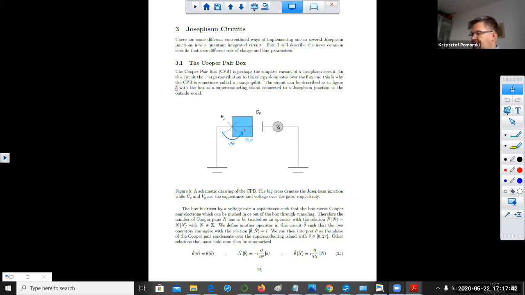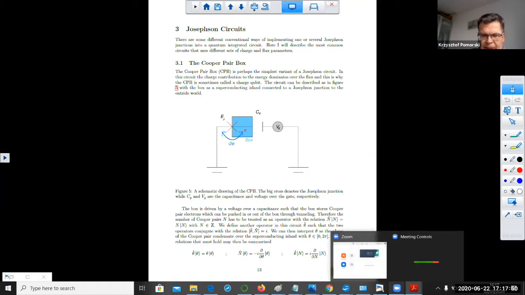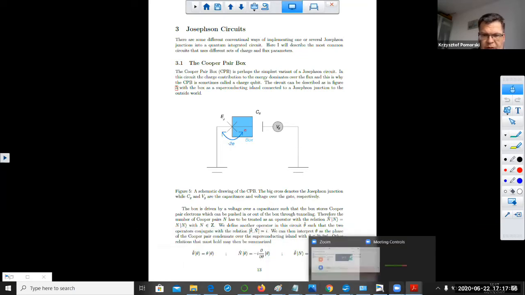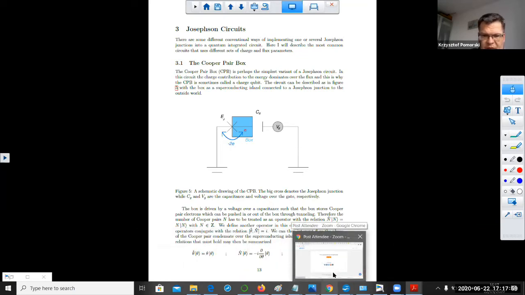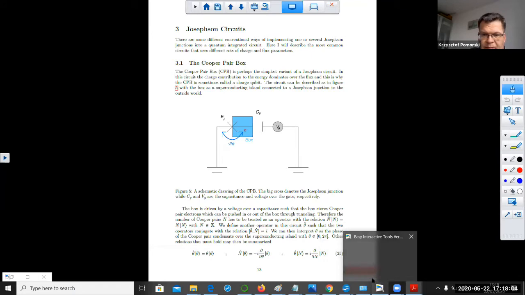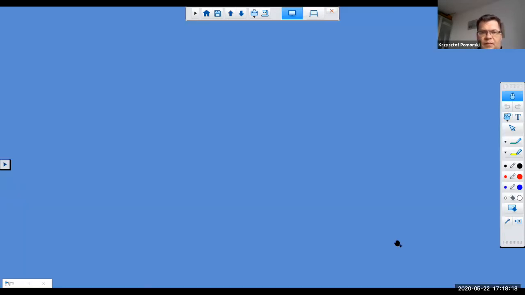So what is essential in the Cooper pair box description is that